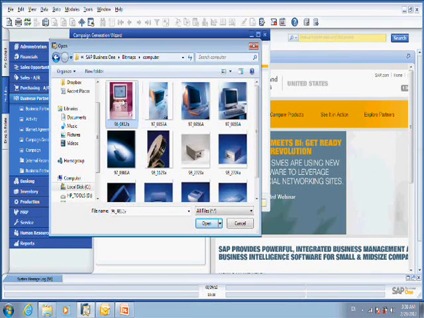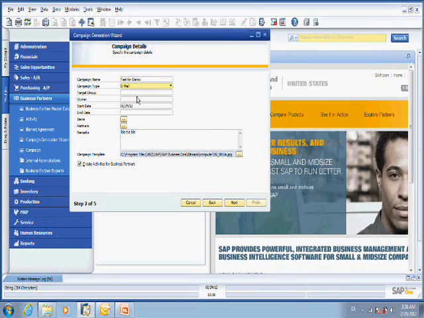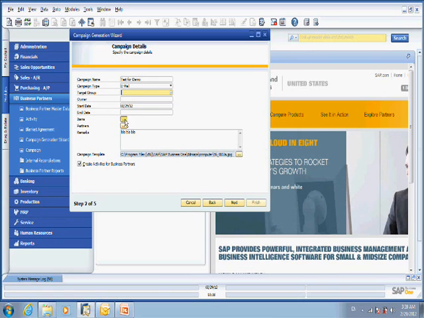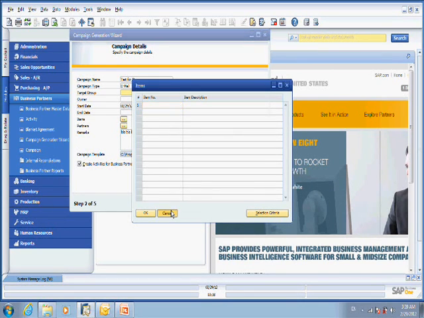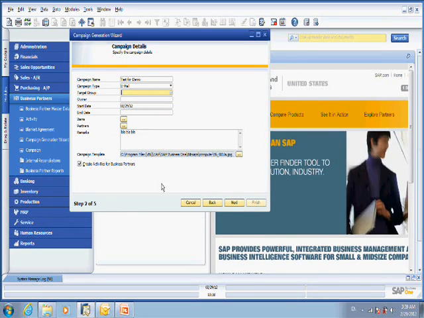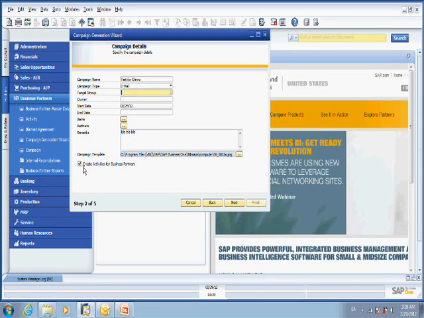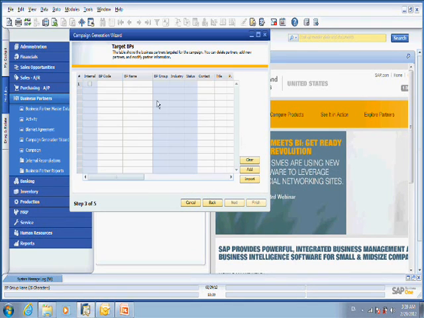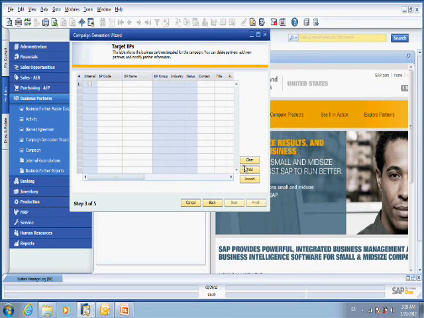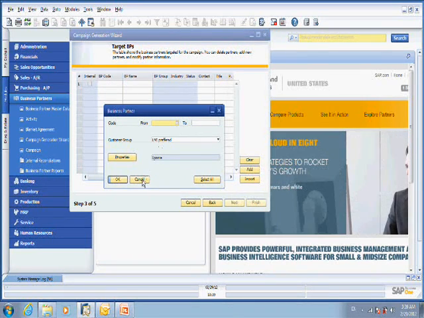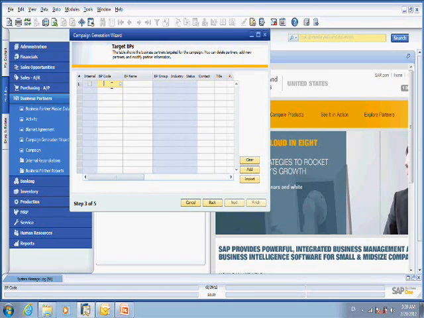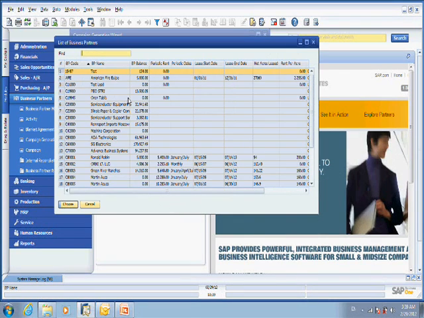So maybe let's just choose that computer image. Then I can define a group, owner, start date, end date, items that will be included in that campaign, or any partners for that campaign. I can choose to create activities for the business partners that are relevant for that campaign. Let's leave it tagged and hit next. This is where I choose the business partners that will be relevant for that campaign. I can choose from the general list of the business partners,